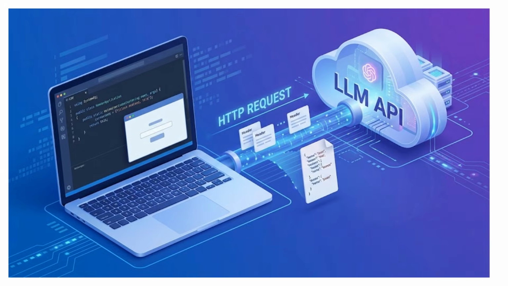In this lesson, we are going to learn about HTTP headers. When our C# application communicates with an LLM API, it sends an HTTP request. But this request does not contain only our prompt or JSON data. It also contains additional information called HTTP headers. These headers help the API understand how the request should be handled. For example, headers can describe the type of data we are sending, how the application is authenticated, and what type of response we expect. So before we start making real LLM API calls, it is important to understand how HTTP